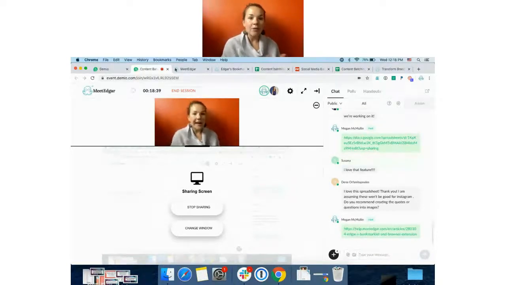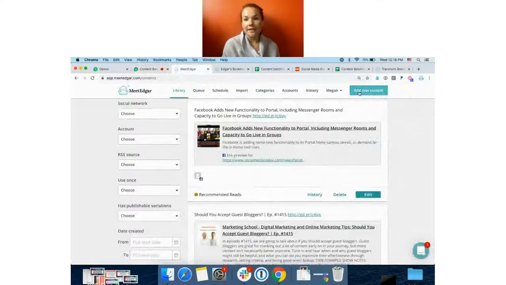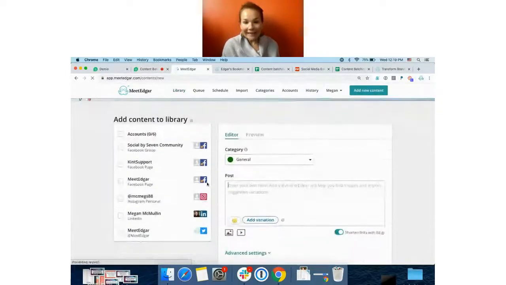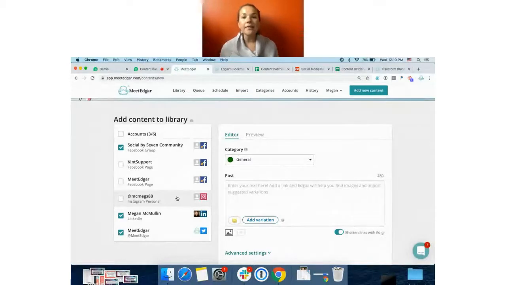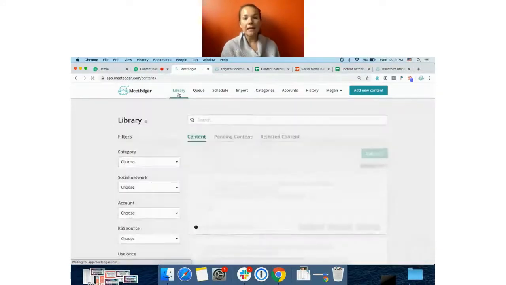So amplify it out if you do create these messages for Instagram and you're adding those images in. Go ahead and amplify it out to Facebook, Twitter, and LinkedIn as well, just to get the most out of your content and to give people on each network the ability to consume your content in a lot of different means. Great question. All right, so once we get our content into our library, it's going to be time to start